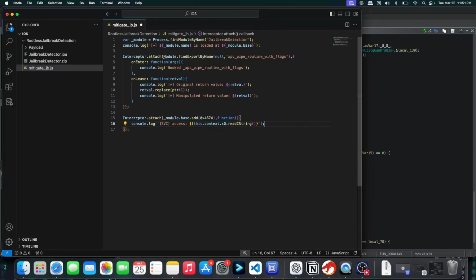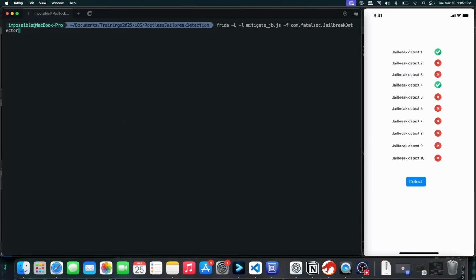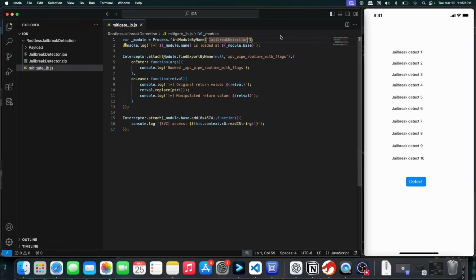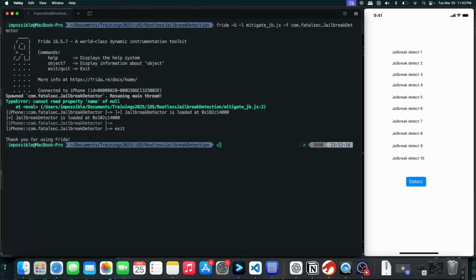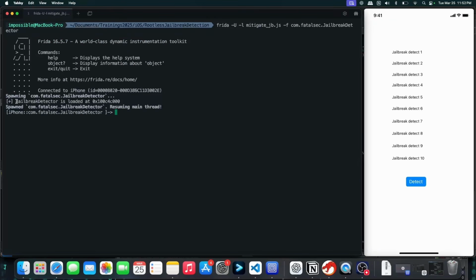Okay, let's save the script now, head back to the terminal and let's launch the application. Enter. So it says cannot read property name of null at line number 2. Okay, that's because the name of the module is jailbreak detector, not the detection. Let's save it, clear, launch it again, and now you can see our log is being printed over here. Jailbreak detector is located at this address. So this is now the base address of our application, and let's see what happens when we click on this